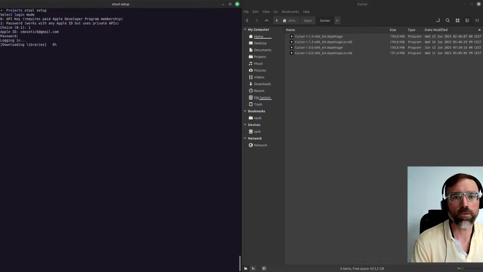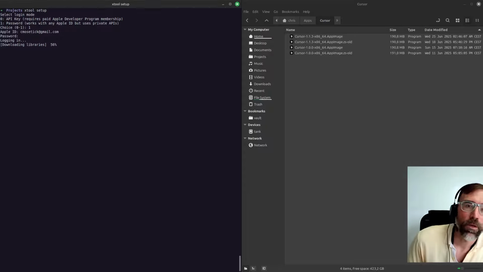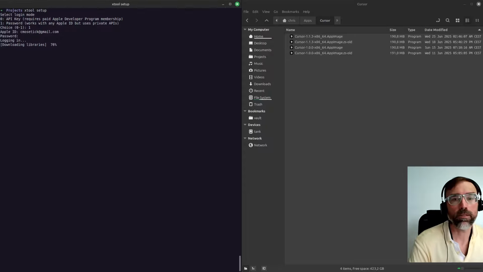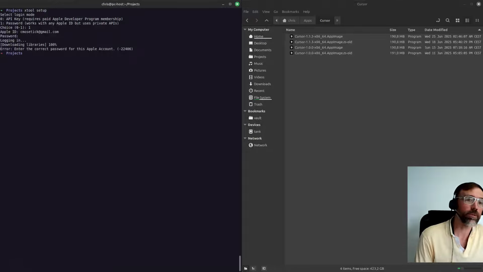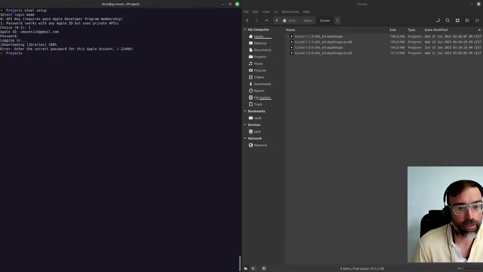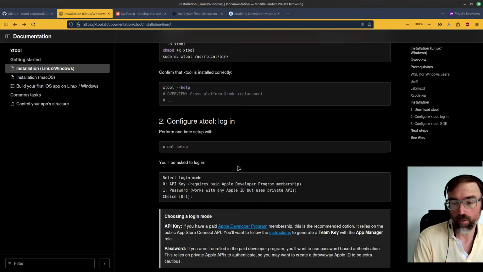See if that works. Now, the most interesting thing here is that it's doing a download, but it didn't ask me for any sort of MFA or anything like that. And there it goes. So it says it's doing some download, but I do have MFA installed on this Apple ID. So let's see if they talk about anything in the documentation related to